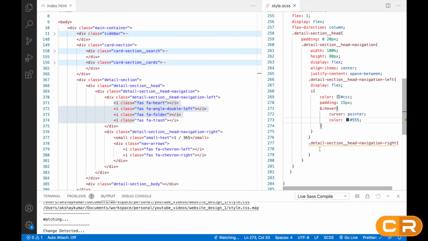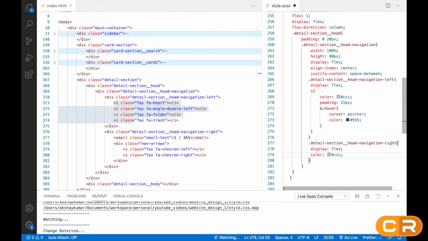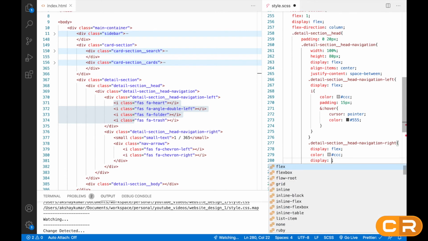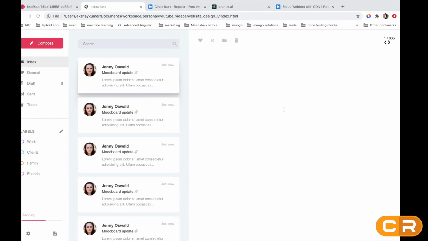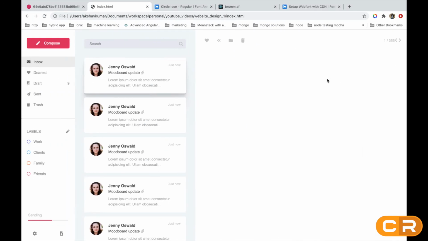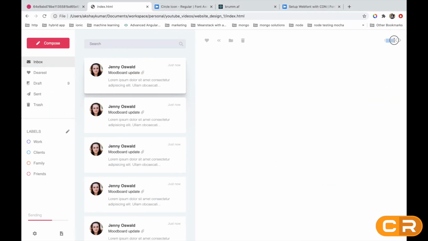Okay, now we'll style the right side also. So here we'll write display flex, color will be some gray color. Okay, this is a light gray color. Then display flex, align item center, then justify content also center. So it will look like this. So now we have to style these two things separately.